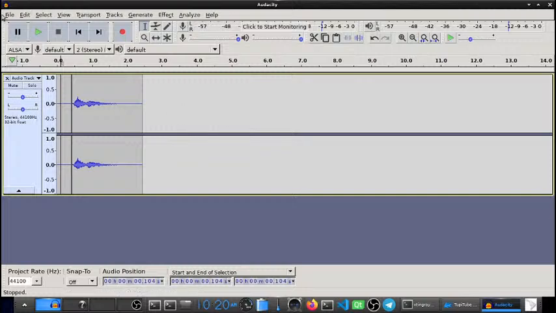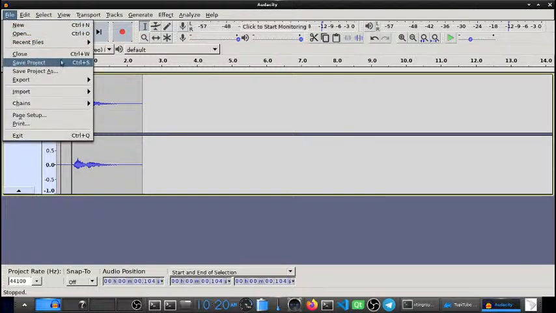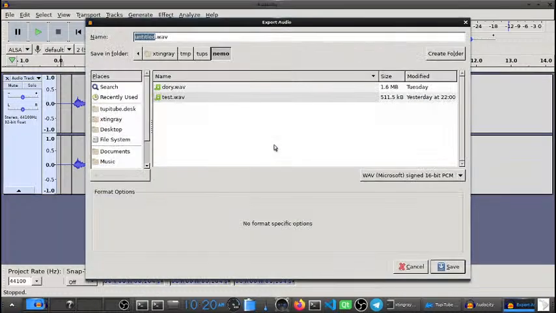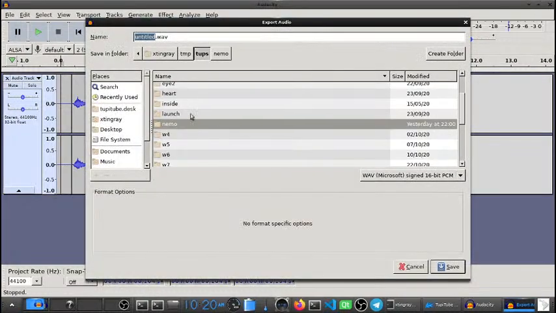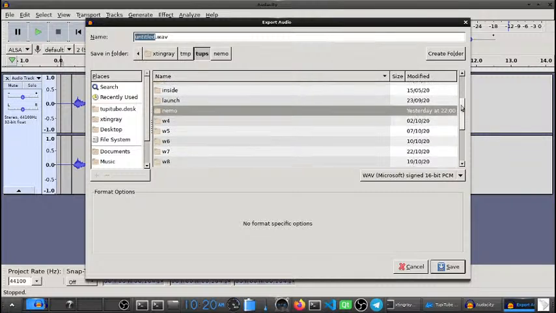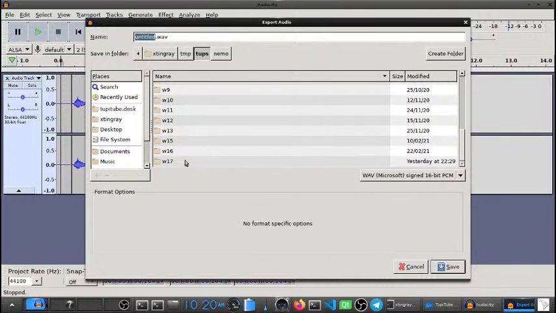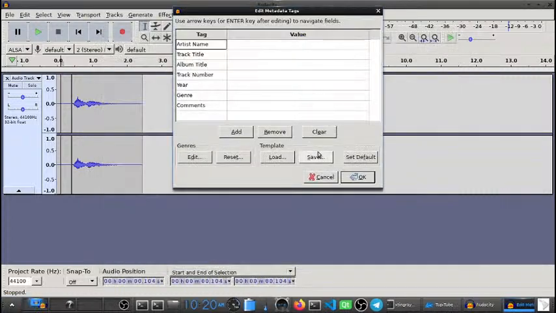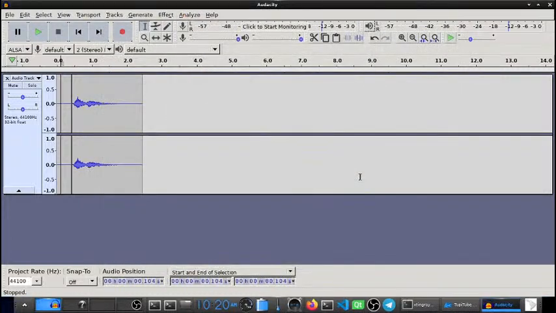Okay, I'm going to export this file as a WAV file, and I'm going to save it in the folder of this workshop. Let's call it test. Let's call it hello.wav. Hello.wav. This is my file. Okay, that's it. Now I have my WAV file ready.